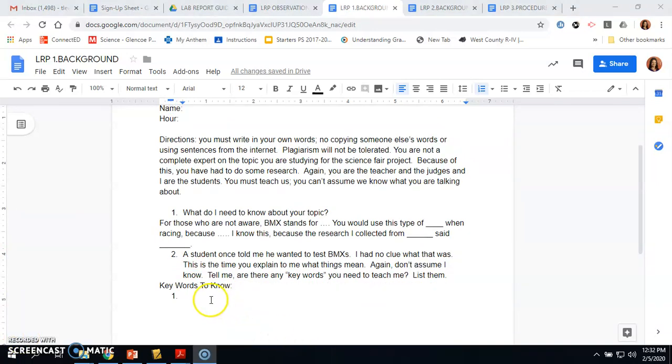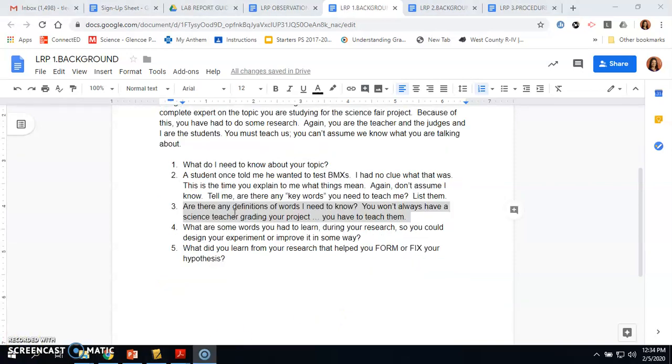So if my plant involves experiments, there's going to be cellulose. Well, what is cellulose? Cellulose is the main substance that makes up the cell walls and fibers of the plants. But something else I might need to know. Well, if I'm testing pH, I need to know what pH is.